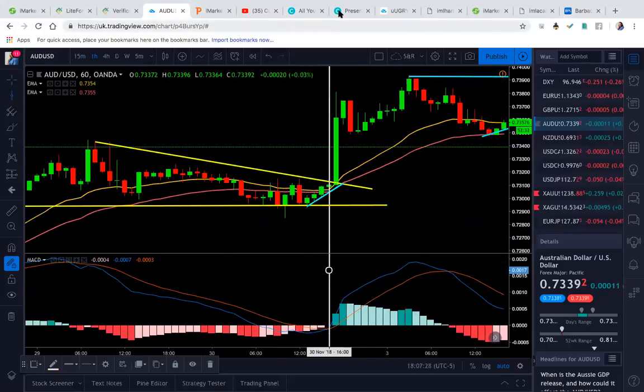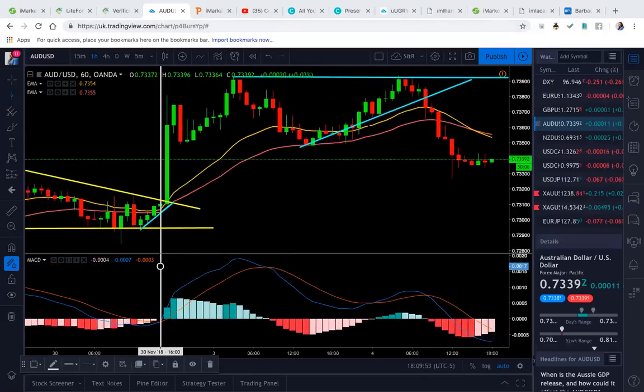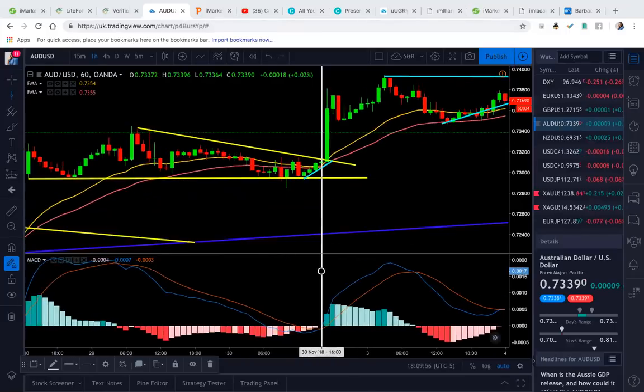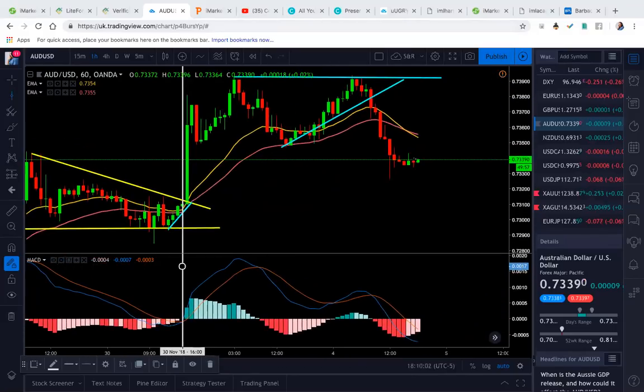You could have entered another position here, knowing that we were waiting for the impulse move to break this flag, right? So in this entire move, if you notice, the moving average lines never cross. Moving average lines cross here, I am out of the trade,